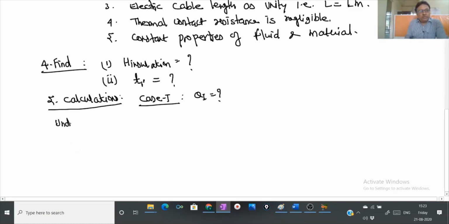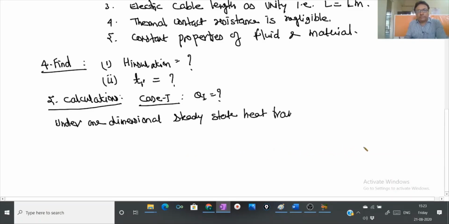Now since we have assumed one-dimensional steady state heat transfer, hence from Newton's law of cooling,